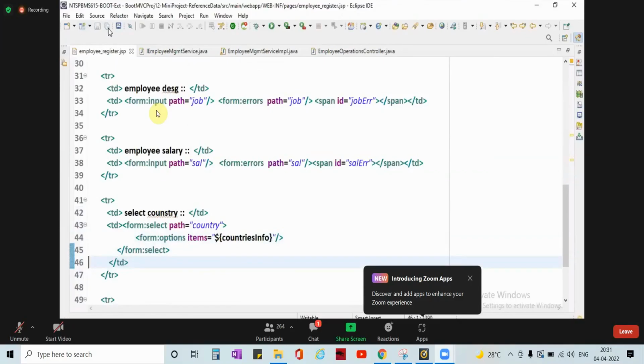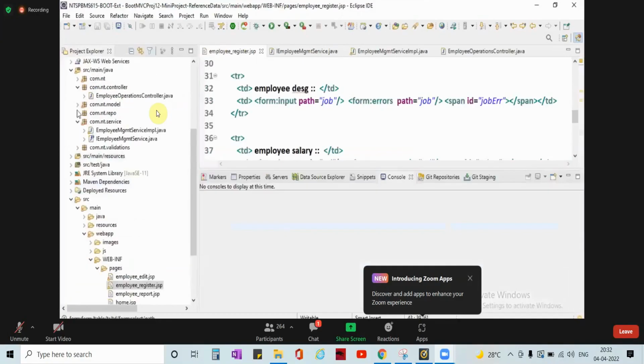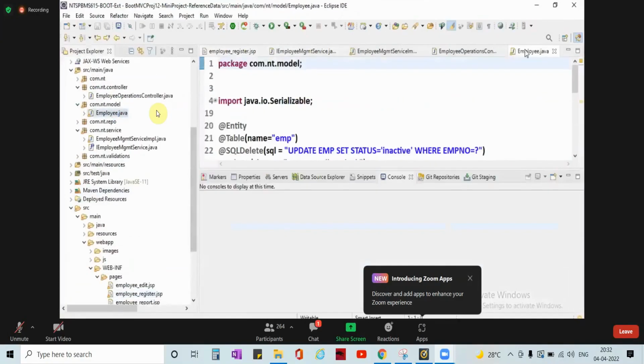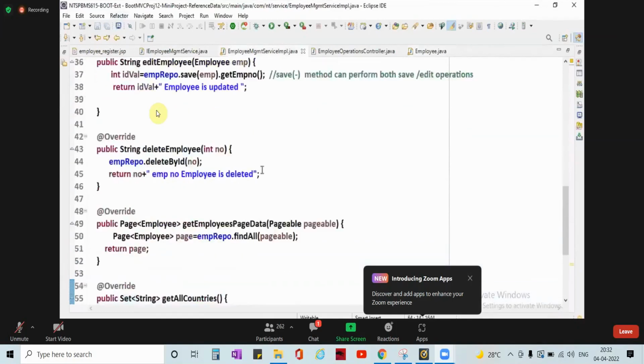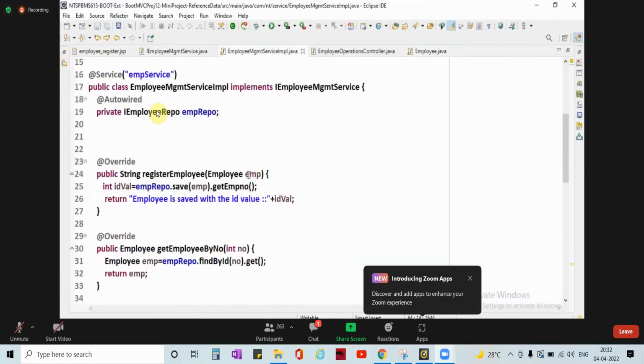But one thing, guys. Whenever one item is selected in this list box, that should go and be stored into the model class object, or not? Yes, my dear. Here I'm adding one extra property: private String country. For double confirmation whether it is coming or not,